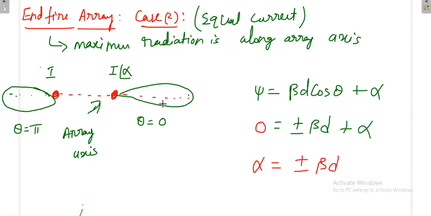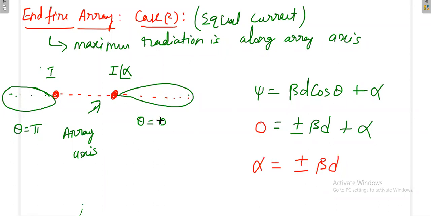I will tell you later what the n antenna case is. This alpha is of some phase difference. That phase difference is decided by beta and d, because d means the distance between the antennas. Once you fix the frequency, that fixes lambda, then beta is fixed. So when you want an end fire array, you have to introduce the phase difference for the second antenna, decided by plus or minus beta d.